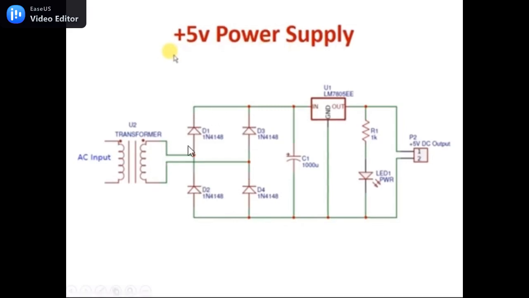Next in the circuit, we have diodes, which are forming a rectifier. This rectifier is used to convert AC power into DC. There are different types of rectifiers, such as half wave rectifier, full wave rectifier, and bridge rectifier. Due to the advantages of the bridge rectifier over the half and full wave rectifiers, the bridge rectifier is frequently used for converting AC to DC. A bridge rectifier consists of 4 diodes. A diode is a semiconductor device with 2 terminals, typically allowing the flow of current in one direction only. It means current can't go in the reverse direction.